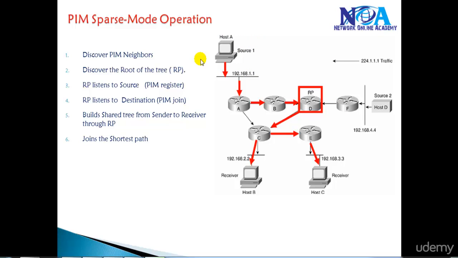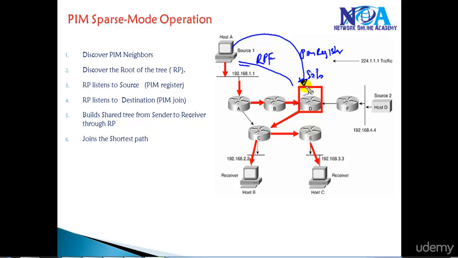Now again, there is something called the RPF check that happens here as well. The RPF check is done based on the register message it receives from the source, and if the RP does not have a route back to the source on the receiving interface, it is not going to accept the registration messages or PIM register messages. The source is going to send a PIM register message, and when it is sent, the RP is going to verify the reverse path forwarding check back to the source, and it will ensure that on whatever interface it is receiving,